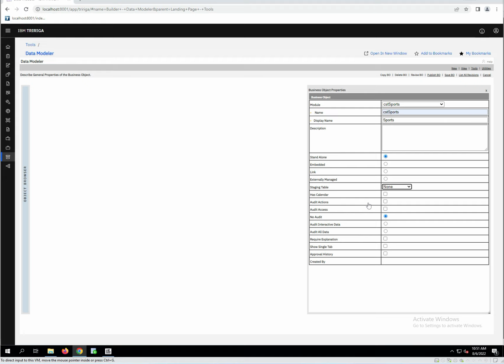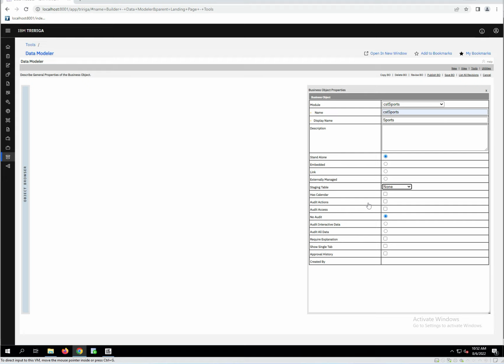So you have that trail, and for these audit records, they'll show up. There'll be an extra tab on the form of the record that shows the audit information. Now, the audit tables that these records get put into are not TRIRIGA tables, so they're not directly accessible by the TRIRIGA queries. And so if you need to report on this, you have to do it using SQL and advanced reporting, like BIRT, to be able to join and pull that information